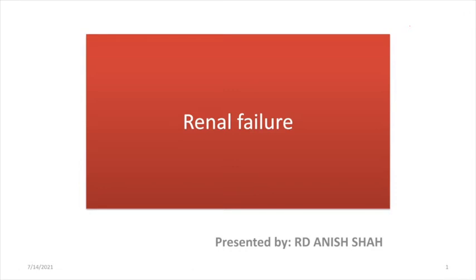So what do we mean by acute renal failure? Basically, whenever we are considering the failure of a kidney, approximately 70 to 80% of the parenchyma of the kidney should be lost to manifest with the symptoms of acute kidney failure. And whenever we are talking about the term acute, it should happen within a very short period of time, which means about hours to days. So the kidney will fail in a period of hours to days.